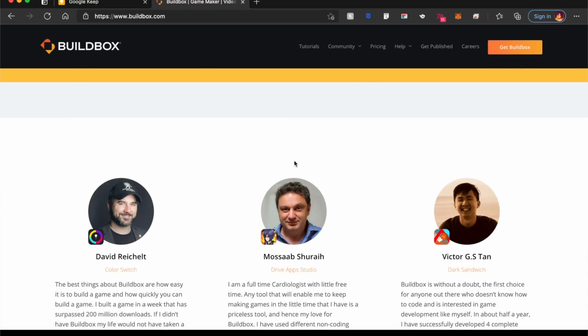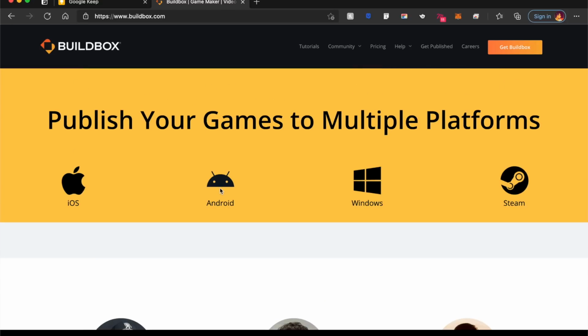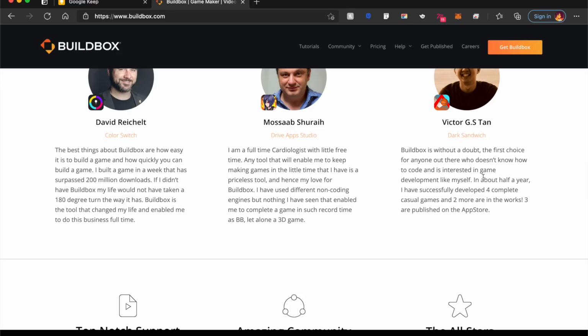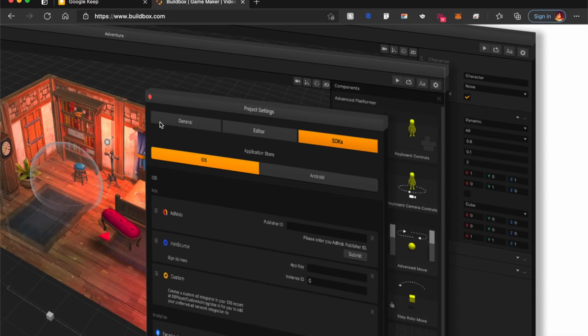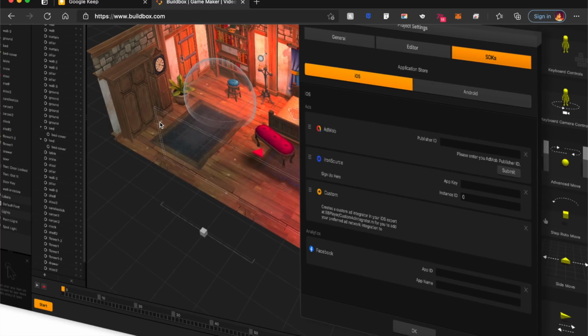If you want to get started with making games for various platforms like Android, Windows, iOS, and also support Steam, then go ahead, check it out, and this will be so much fun. What I make out from this tool is that the interface they have tried to keep as simple as possible as compared to other gaming engines, and exporting is also as simple as a click.